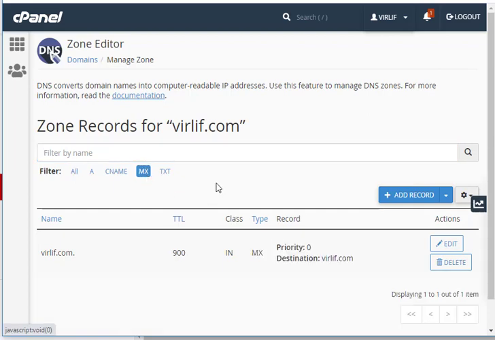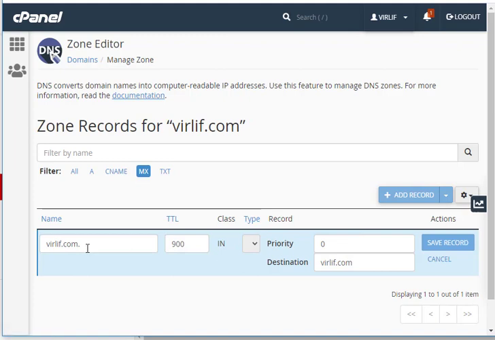and click on this menu, that is MX. MX is responsible for transporting incoming and outgoing mails. You see here is an entry. It's a very simple entry. If I click on edit, you can see the entries. One is name, another is TTL, another is type, which is MX, and the priority is 0 and destination is verlib.com. So currently I am using cPanel's provided webmail service.